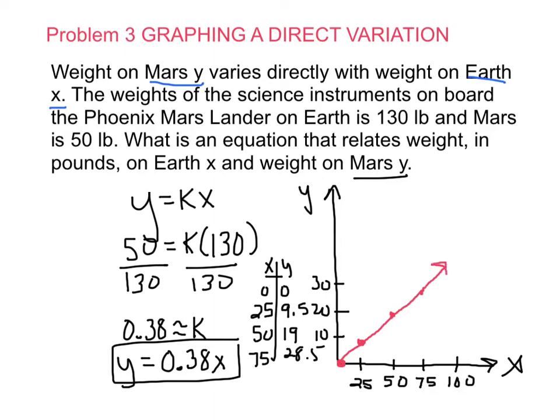Now notice, this should be a straight line. It's hard to do on my iPad. But right here, there's no arrow because we don't have a negative. It keeps going, and it's continuous because weight does fluctuate and change. And there's your answer. That's it. It's up to you to come up with a table of values. You could have counted by hundreds, by 15s, or 25s. It doesn't matter. The last thing you're going to do, the book wants you now to write an equation from